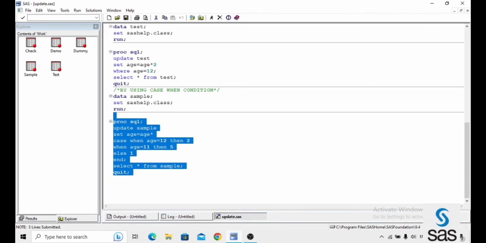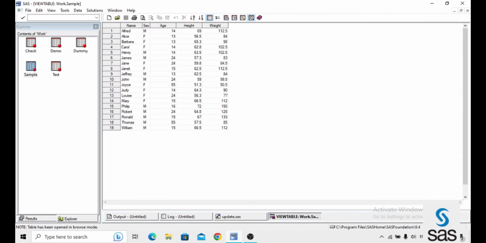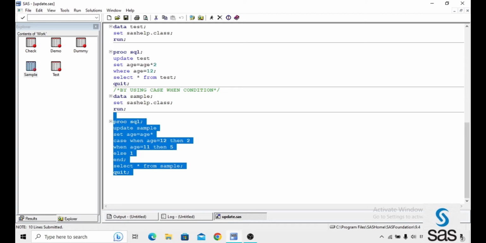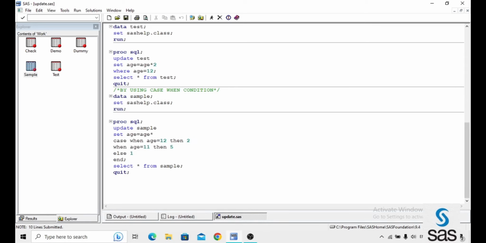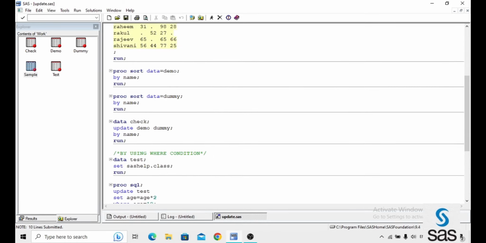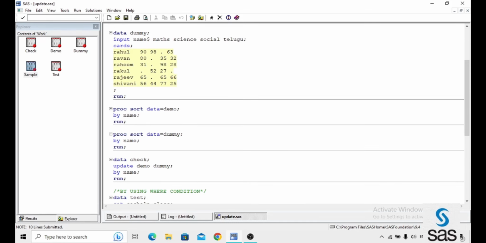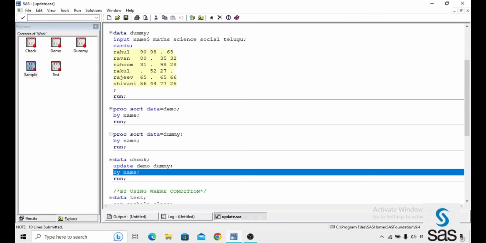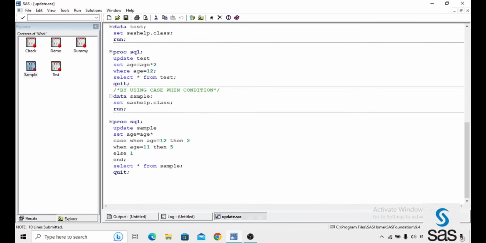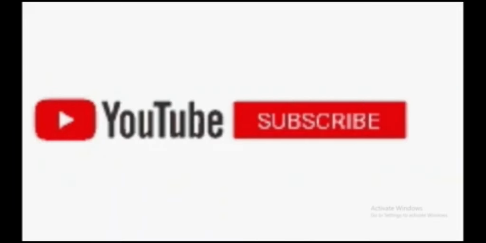Now I am running this and opening the dataset. Do you observe here? 6, 7, and here 11 is there, 55. Like this, we can update a particular variable in a dataset, or else we can update the missing values in two datasets while merging, by using the by statement. This is the purpose of the update statement.